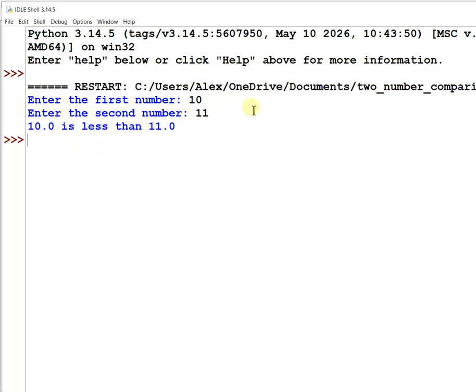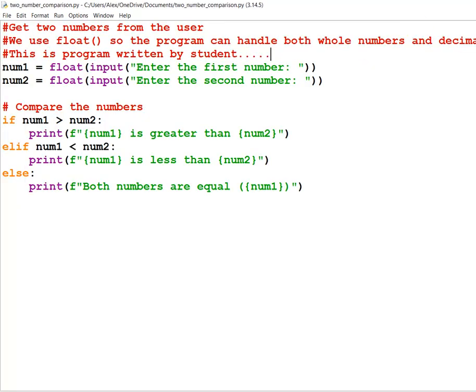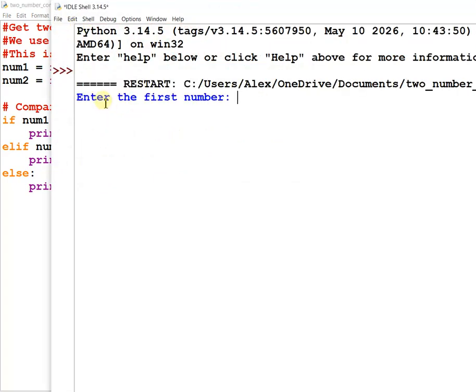So this is the way it is. Here 10.0 is less than 11, meaning 10 is the smaller number. Let's run the program once again. First of all it was checking like this, meaning my second condition was running, because I gave 10 and 11. So it skipped the first condition and jumped. If you want to run it again, run module. I'm just running it, and earlier it was 10 and 11.